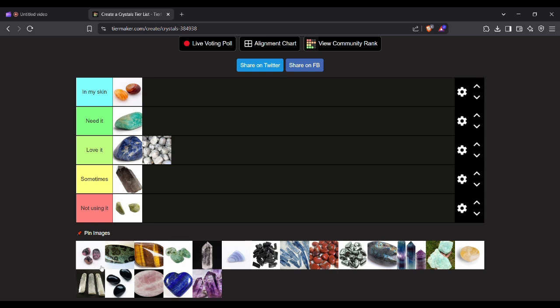Next up, we have Rhodonite. So, Rhodonite is a really interesting stone. It's another heart chakra stone, of course. Personally, I have used this one a lot more, I'd say, in years past than I have anywhere close to the present. It's an amazing stone for working through emotional trauma, especially relationship type trauma, abuse, and stuff like that. Another interesting thing about it is that it's known to help with feelings of shock that come with trauma,